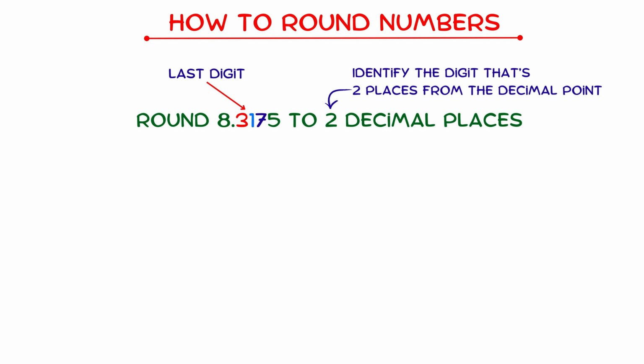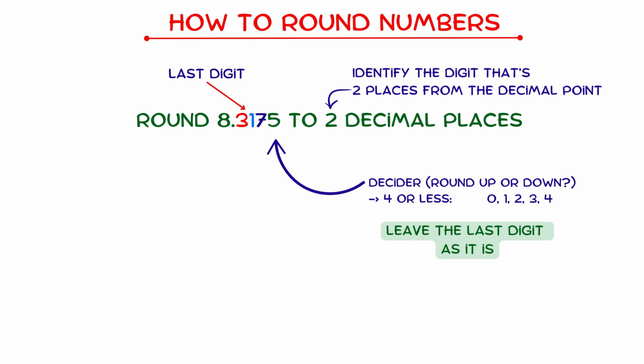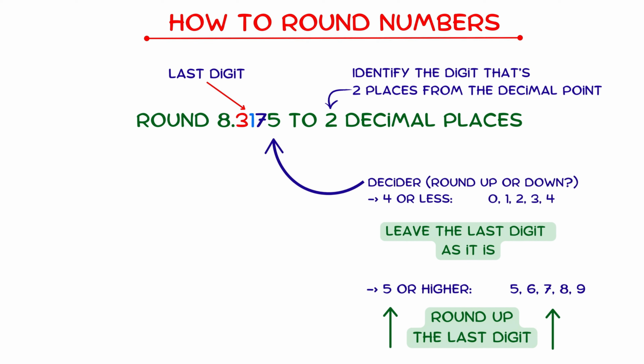We call this one the last digit because it's the last digit that we want to have in our answer. The digit to the immediate right of this, the 7, is called the decider because this is the one that we look at to decide whether we need to round up or round down. If the decider is 4 or less, so 0, 1, 2, 3, or 4, then we leave the last digit as it is, but if it's 5 or higher, so 5, 6, 7, 8, or 9, then we round up